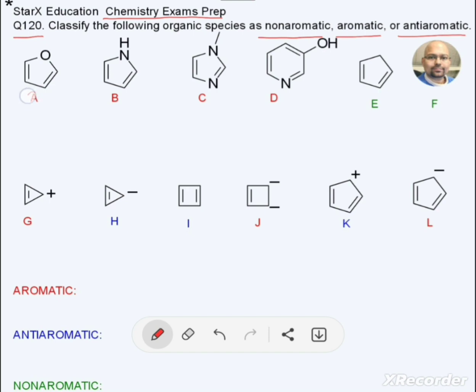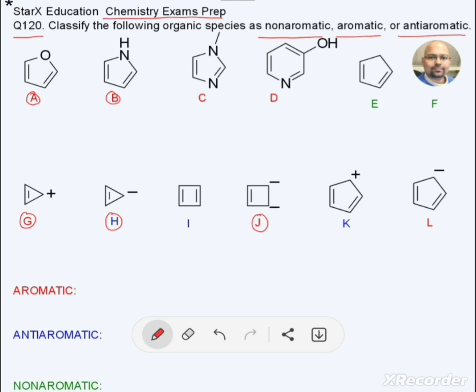Some of them are neutral like A and B. Some of them are charged like G and H. In species J, there are two negative charges. So to answer the question and to classify these species, we need to review the definitions of aromatic versus anti-aromatic